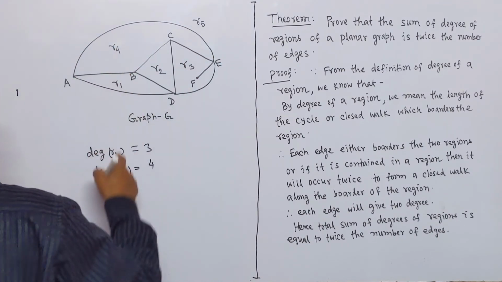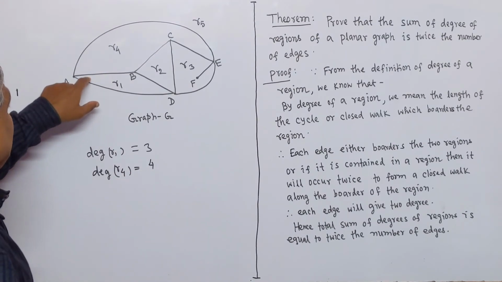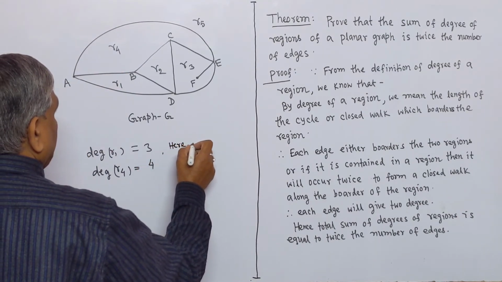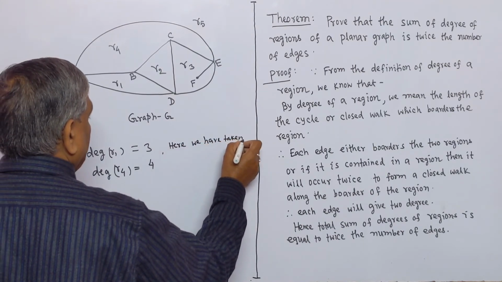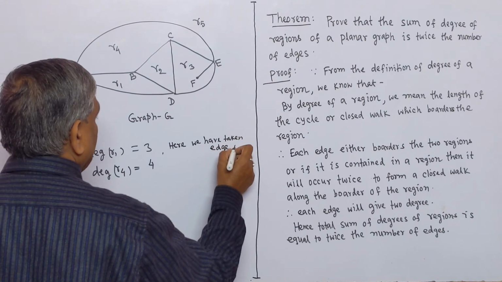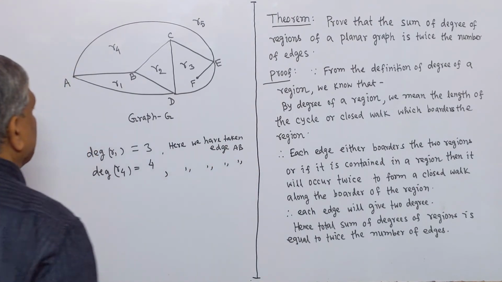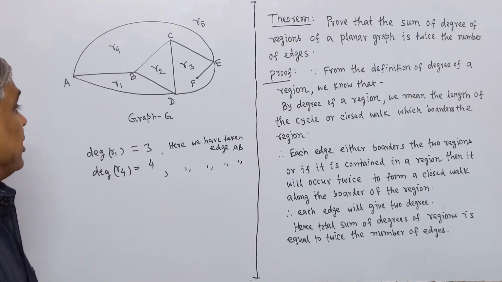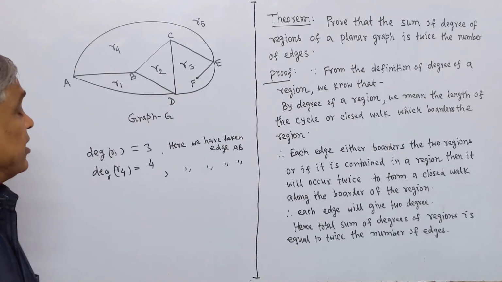Degree of region R4 is 4, but here also we have taken the edge AB. So any edge is taken twice for finding the degree of the regions